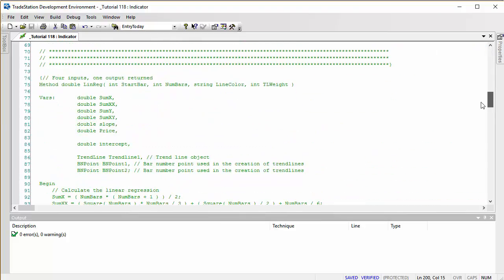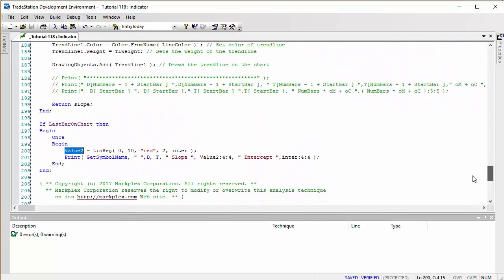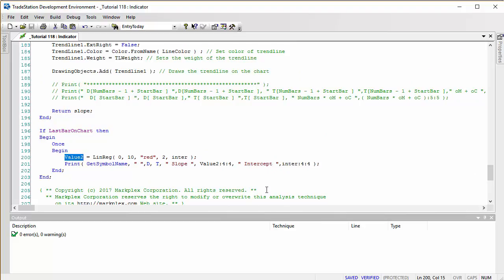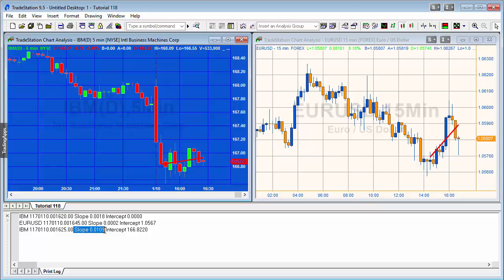It's not just local to the method, and the reason that it picks up the value of the intercept is because inter is used here when we call the method. So that value actually gets returned, and then we can use that value here in the print statement. And if we go to the chart, you'll see here, for example, this is an IBM chart. We've got the slope value, pretty much like we had in scenario 2. But what you'll see here is that we've also got an intercept value at